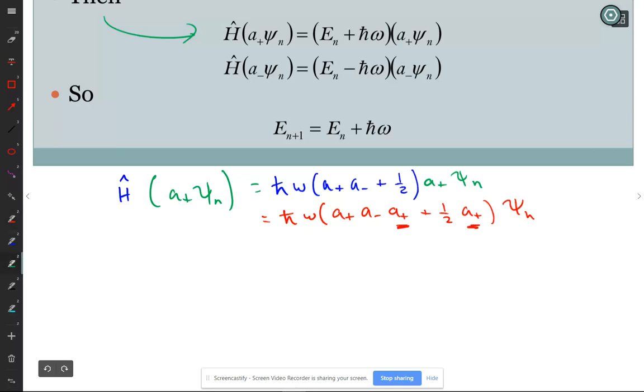I'll keep my color coordination for the a pluses. So there you can see the a plus on the right-hand side was the one that was from my wave function. To stay complete with my color coordination. But now comes the part that's a little bit tricky. Now we strip it from the left side. So I have an a plus on the left side of both terms. And so